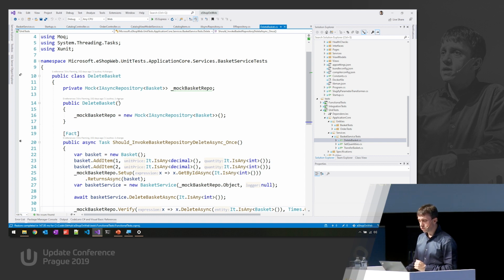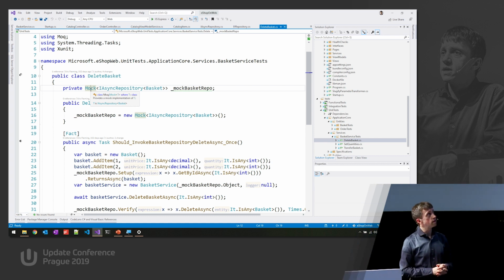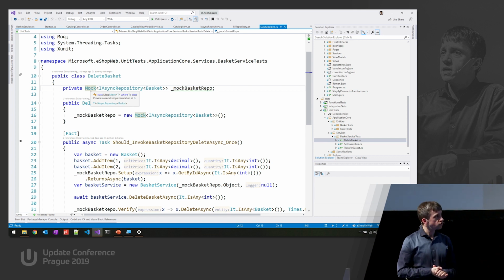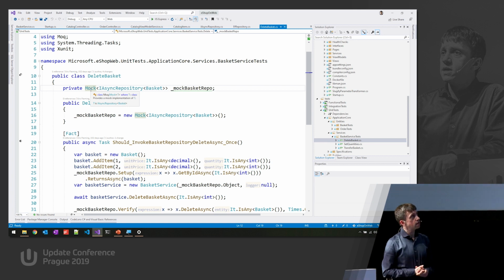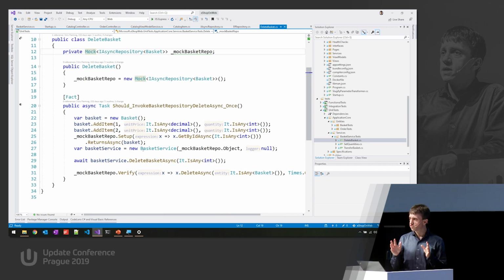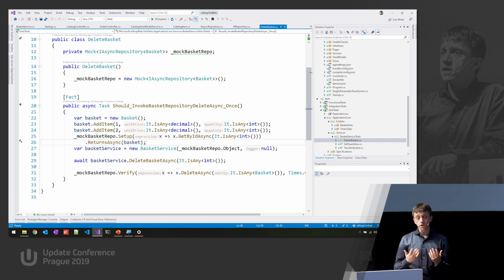So what we're going to do here is very easily bring in, using the Moq framework, a mock implementation of the IAsyncRepository in basket. It's then going to create a new basket itself over here, because we're testing, in this case, the basket service, not the basket. We're going to bring in 2 items into the basket, and we're going to use, again, the Moq framework to make sure that that method is known to the Moq framework,